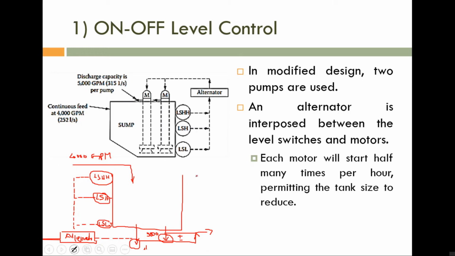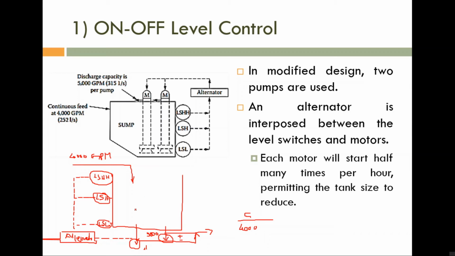So please note here you can see that the input flow rate is 4000 gallons per minute. Again, the input flow rate is constant. So if the tank is empty, then both pumps are switched off. So the time required to fill the tank, if the capacity of the tank is C gallons, is C divided by 4000 minutes. So this one is the time required to fill the tank.